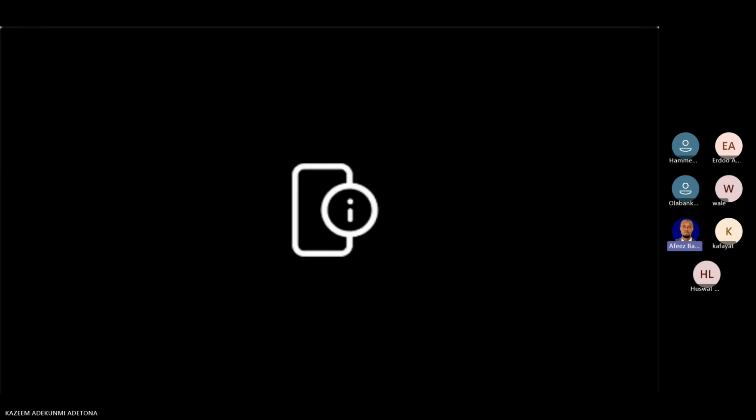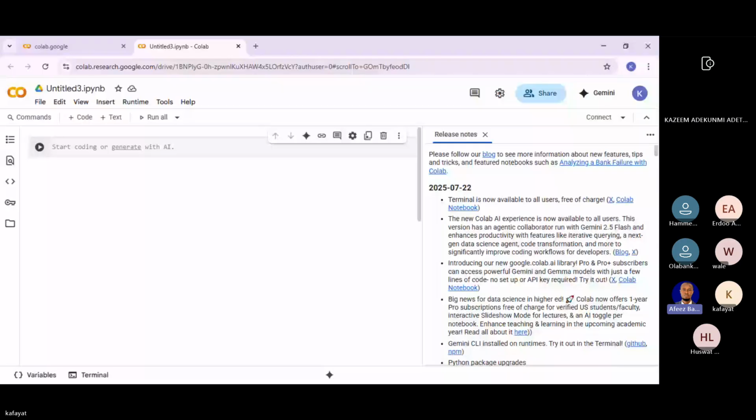So, guys, like what we discussed yesterday, we have different environments like text editors and IDEs that you can use. We made mention of VS Code, Anaconda, Jupyter Notebook. So there's another environment you can also use, like Colab. You can even do that online. As far as you are online, you can just go to Colab. I think Colab is Google's environment, so you can easily do any of your data science work there.